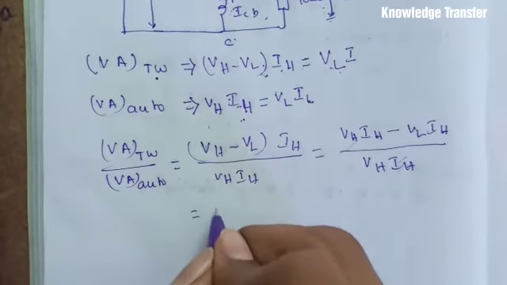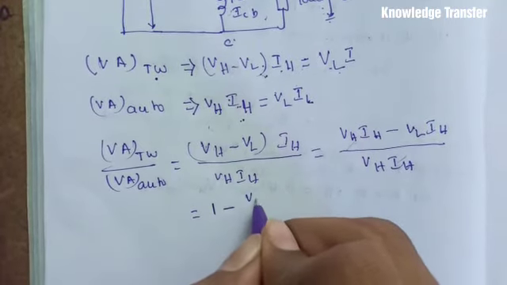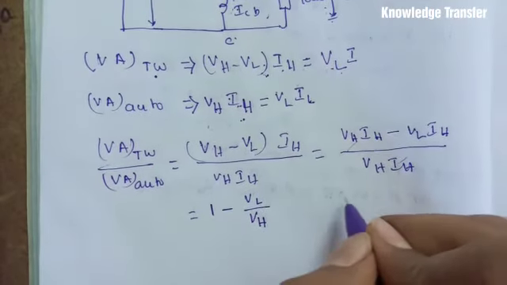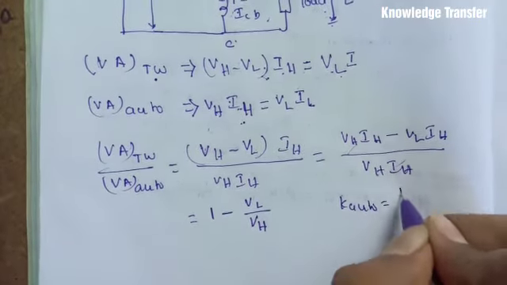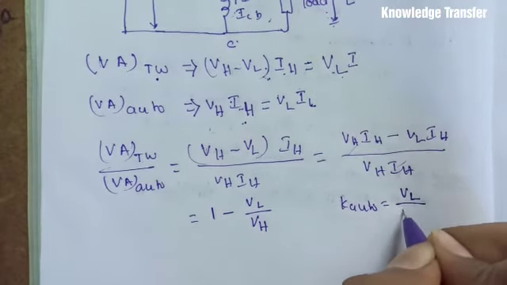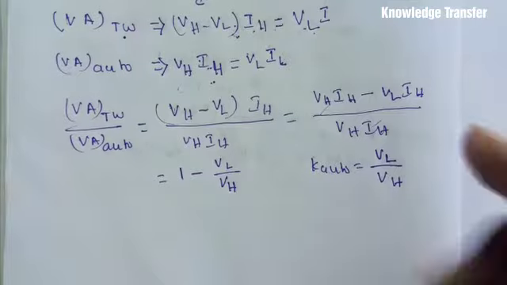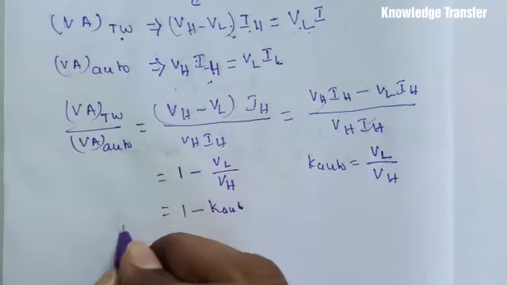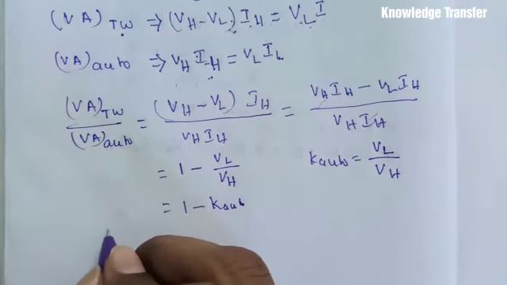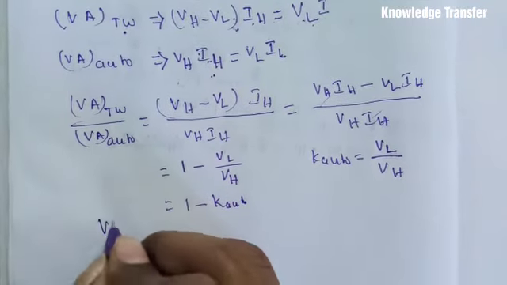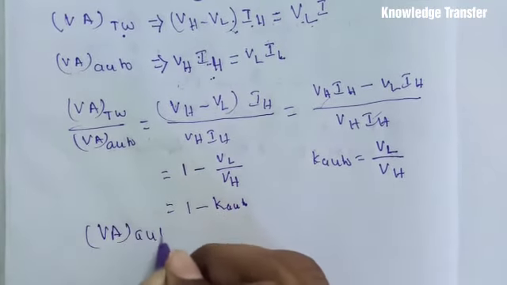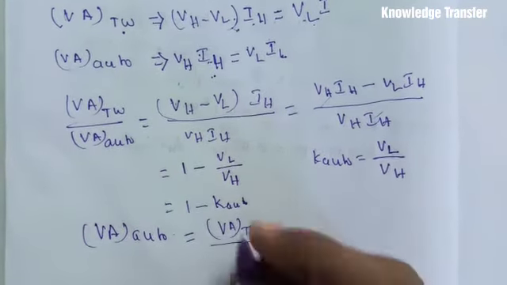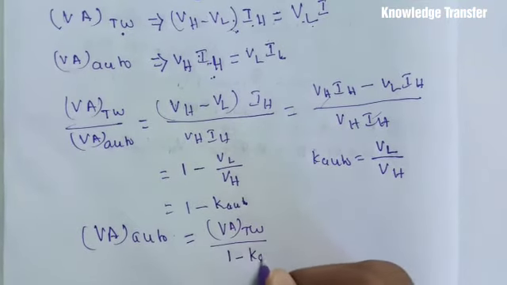get cancelled. Then it will become 1 minus VL divided by VH. As K auto is equal to low voltage divided by high voltage, we can write this as 1 minus K auto. So the volt ampere of the auto transformer is equal to the volt ampere of the two winding transformer divided by 1 minus K auto,